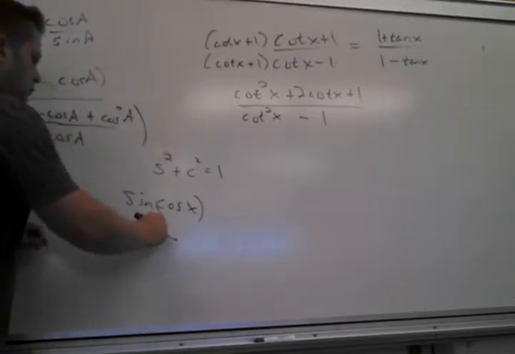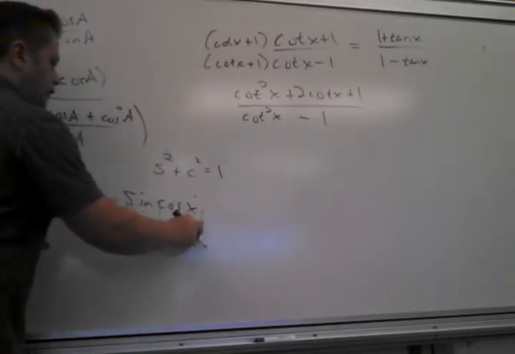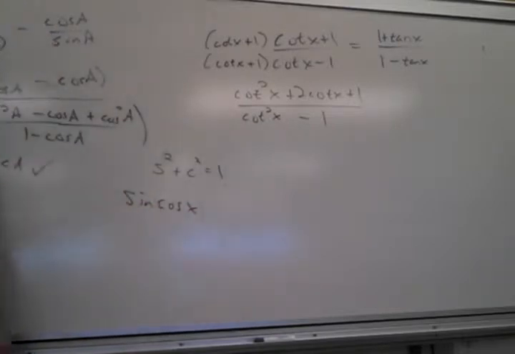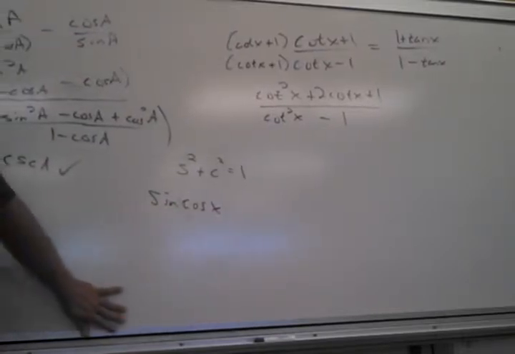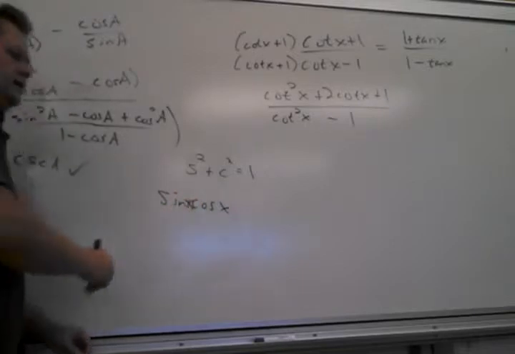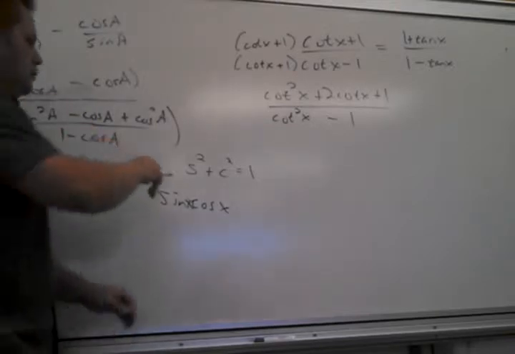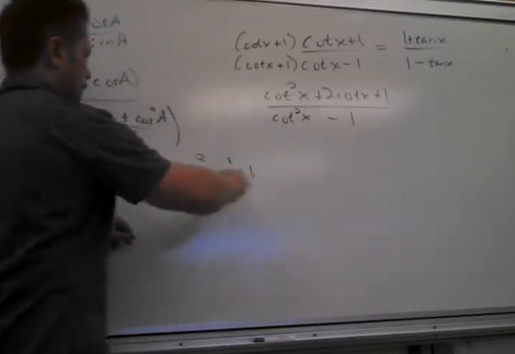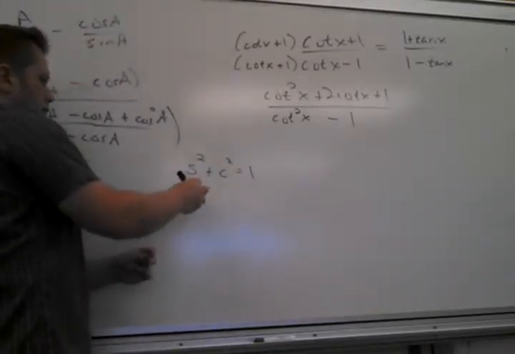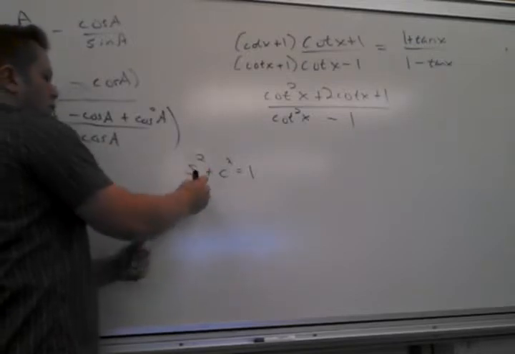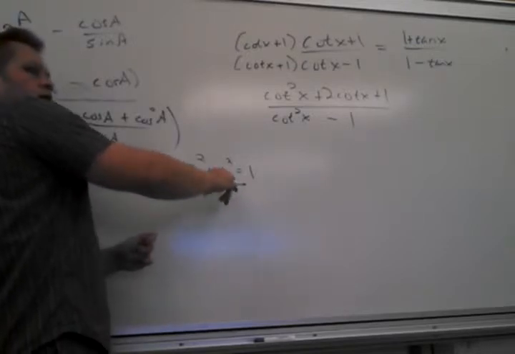This is one of the most simple mistakes that I see people make. Somebody can argue that it's a typo, but it could screw you up later. If it's supposed to be sine x times cosine x, you better write that. Otherwise, later you might freak yourself out. Okay, so sine by itself doesn't mean anything, but this is acceptable just to get to the heart of the identities. So if I divide by sine squared, I get 1 plus